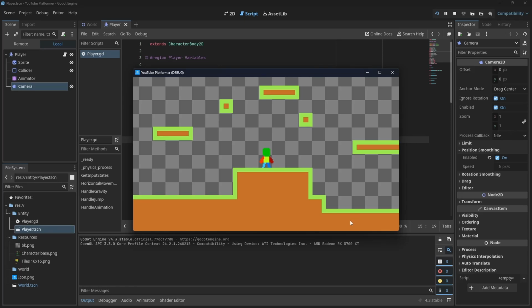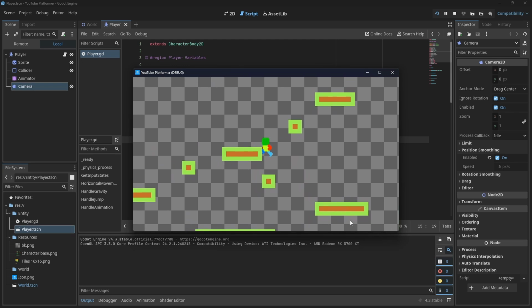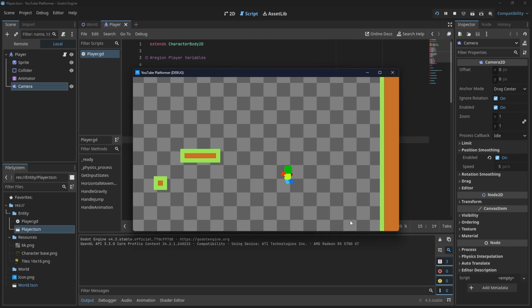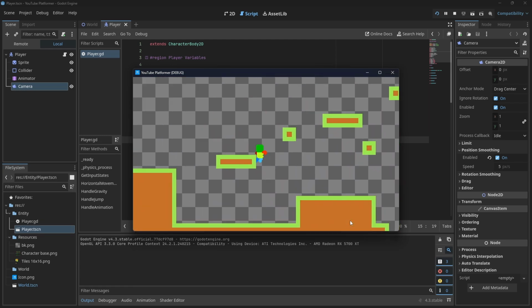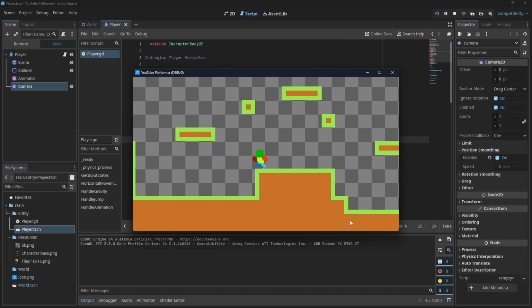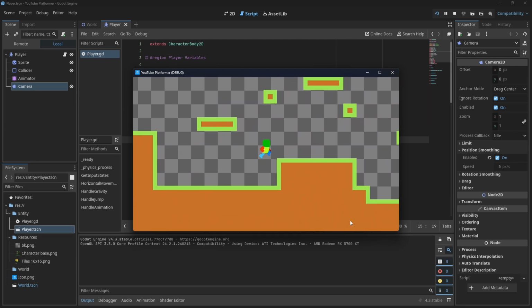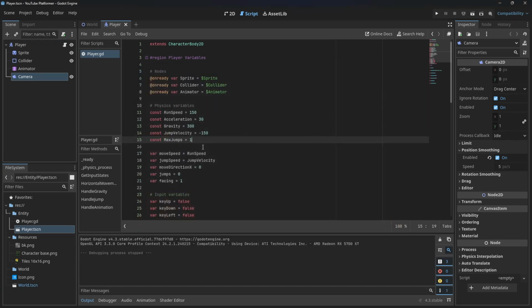So, at the end of the last episode, we built this template right here. So, we've got a tile map, we've got our character that can run, he can jump. We've got collisions and everything, and we've got a little parallax background, and we still can't make that jump. So that's what you call bad level design right there. Anyways, so one thing we're going to do real quick before we jump into the state machine is